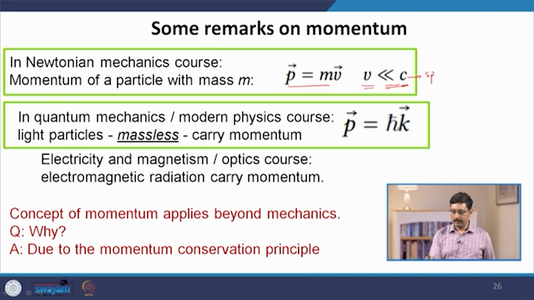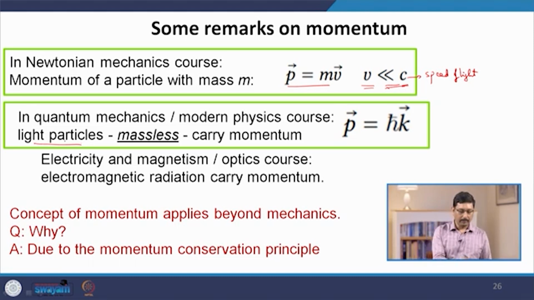So, this is the speed of light, then we need to modify this definition a little bit, which is a subject of a course in special theory of relativity. However, I want to make this point that in a course of quantum mechanics, for example, you have also come across another type of particle, which are, for example, the photons or the particles of light, and there you may have come across the de Broglie